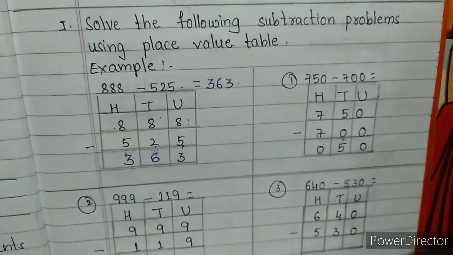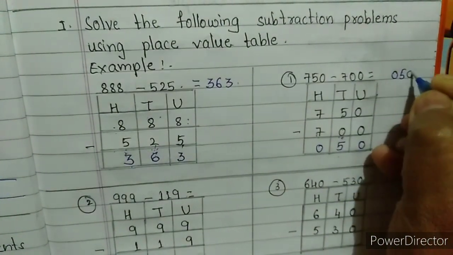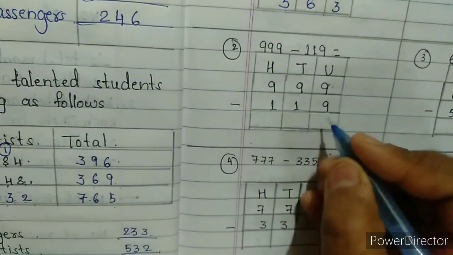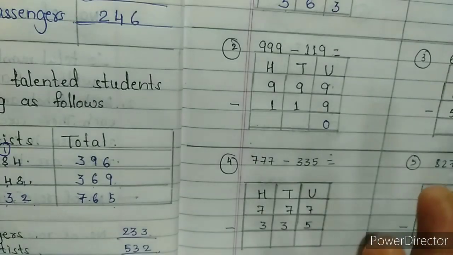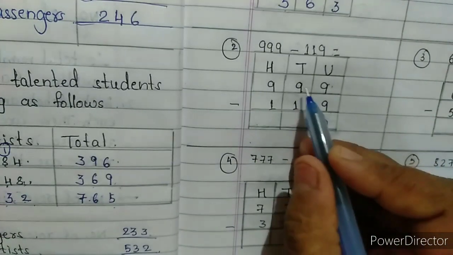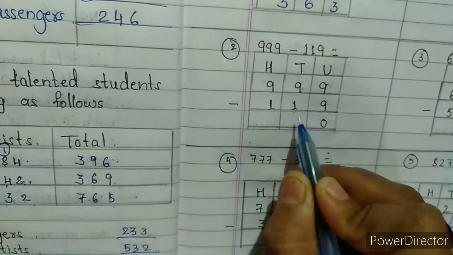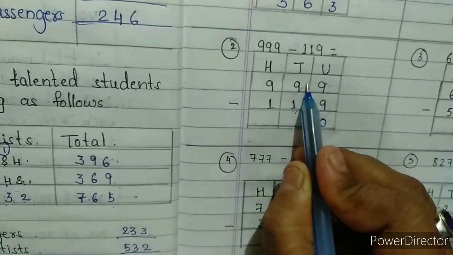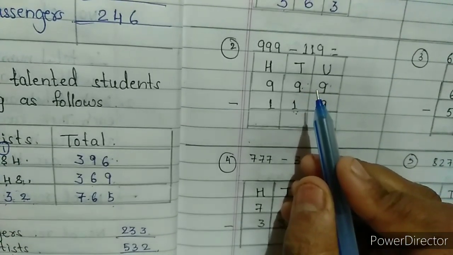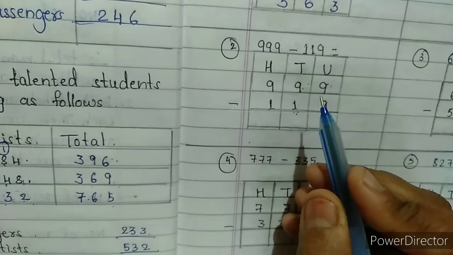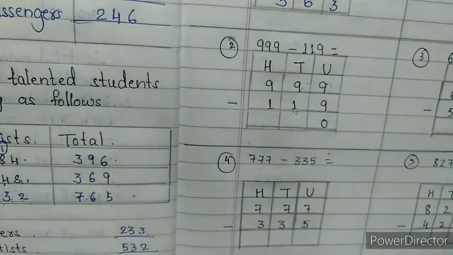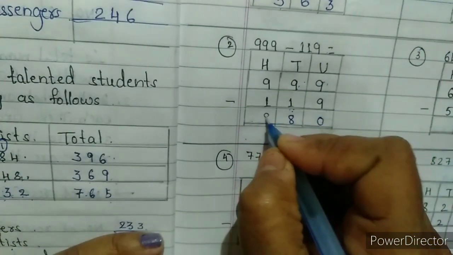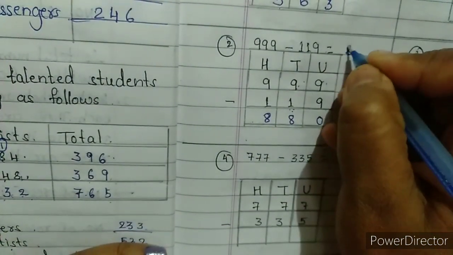Now again here. Here I have to write the answer. 50. When the number is same, 0 is the game. 9 minus 9. Now, 9 minus 1. So, 1 is a small number. Keep 1 in mind. Count till 9. After 1, 2, 3, 4, 5, 6, 7, 8, 9. So, what is the answer? 8. These both are same, so the answer is same here. 880.